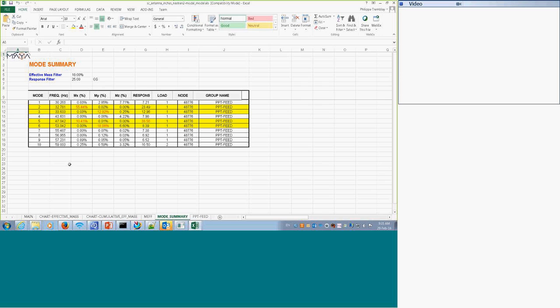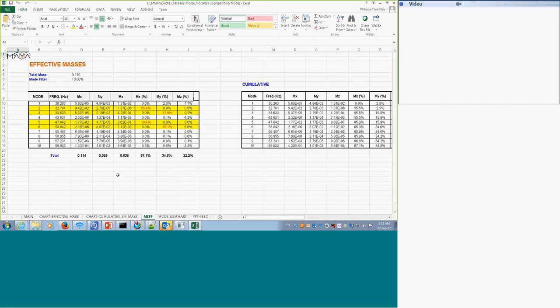In one view, all the modes that have a lot of stress because of effective mass, or stress because of high response. I think this looks pretty good in a report. You can just copy and paste that.